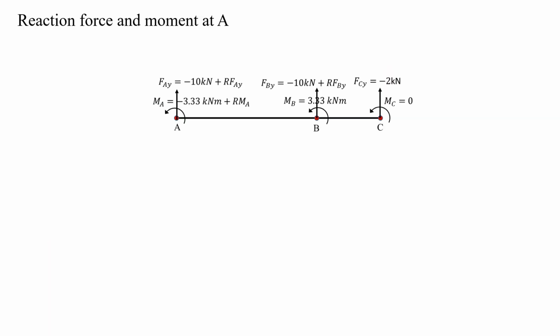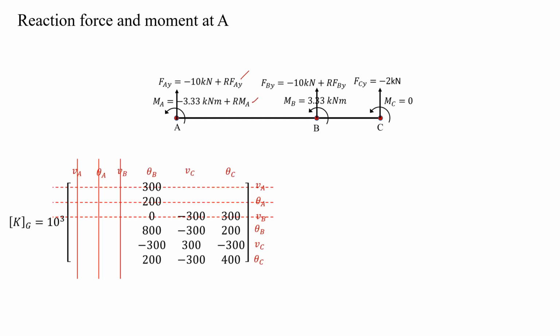If we want to calculate or determine the reaction force and moment, for example at point A, as we have reaction in y direction and reaction moment, we have to refer back to our global stiffness method. And remember that our system of linear equations is F equal to K times U. Okay, so for example, if we want to solve for